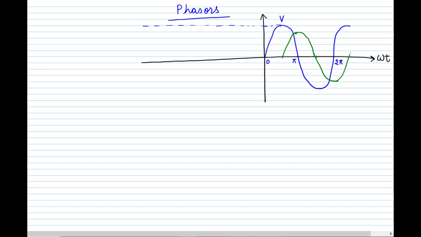So our current will vary like this, and before it will be negative. So that is how our voltage V varies, and that is how our current I varies. If you draw I, it will be like this. So that is how we have drawn it. Say this is any time omega t1, we can take this time as omega t1. So at omega t1, V is equal to Vm sin omega t1 and I is equal to Im sin omega t1.